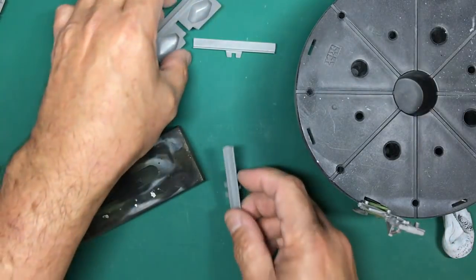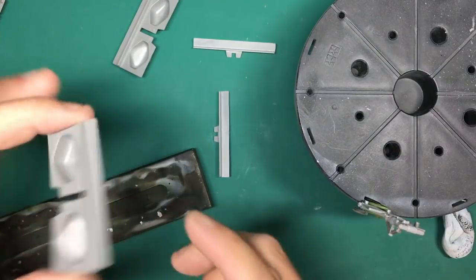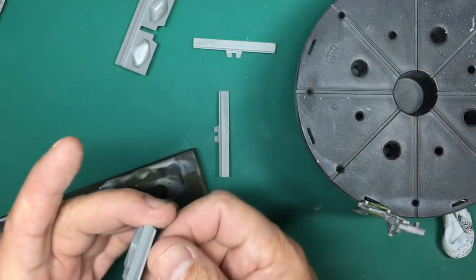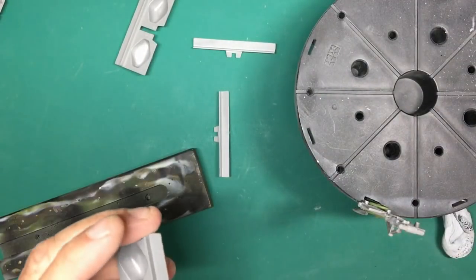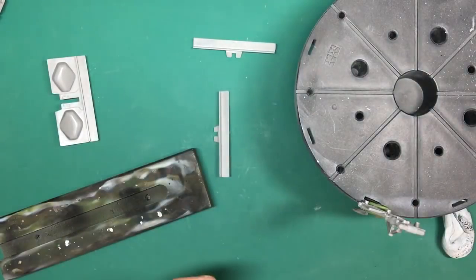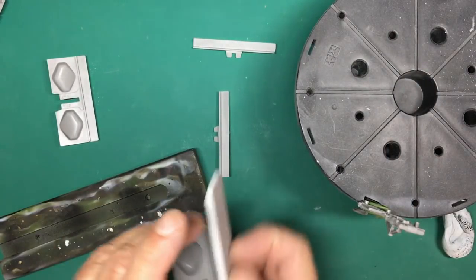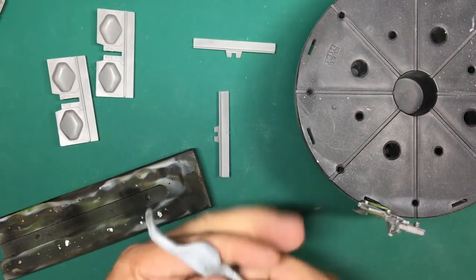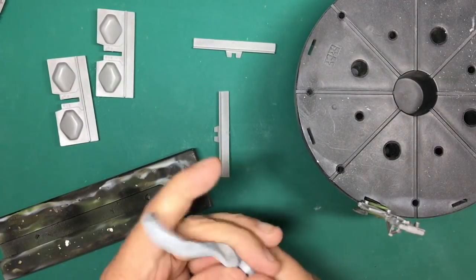Now these here, we need to be able to paint the front face without getting any paint on our hands, but we need to get around the edges as well. So I'm just going to sand that edge straight. It's not very straight at the moment. There we go. Right, so I'm going to get some Blu Tack, and I'm going to make it into